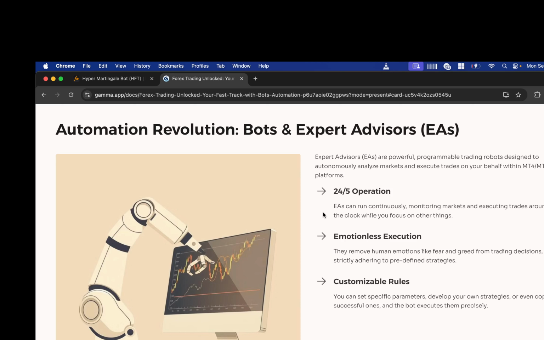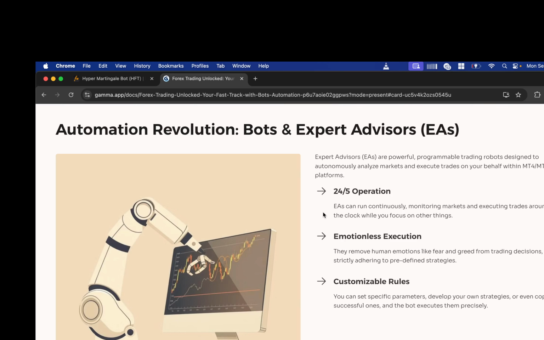The forex market runs from Monday to Friday, and in between you can just run it on a VPS, a virtual private server, where you put this installation and it works 24 hours. And it's completely emotionless trading. Your emotions are not part of this. In trading, emotions can be beneficial, but also an enemy for you. It depends on how you are going to use your emotions.